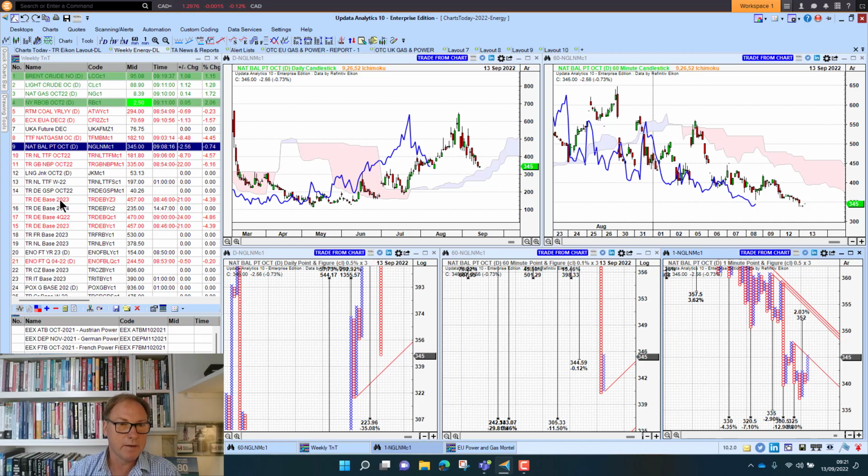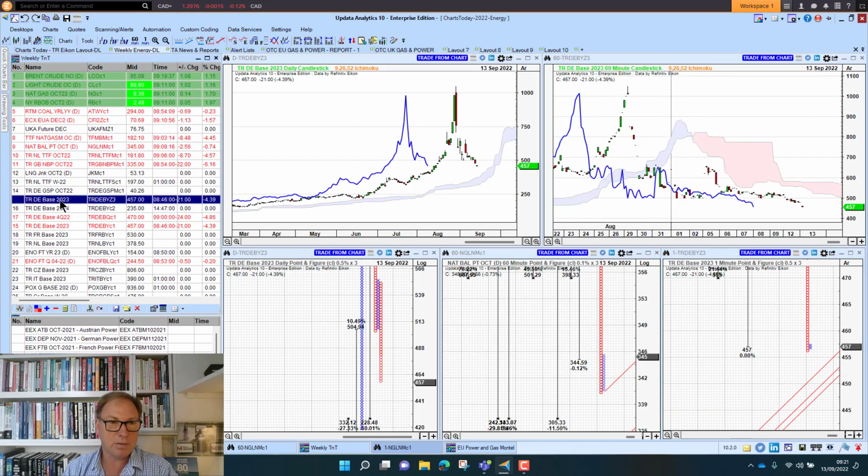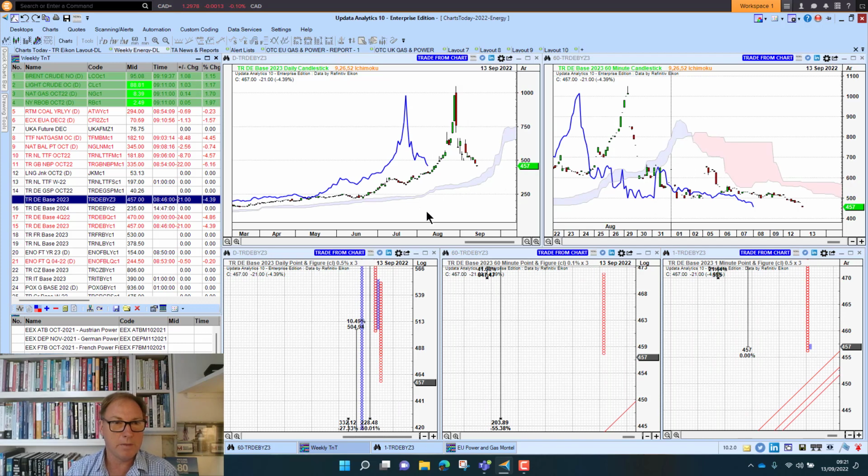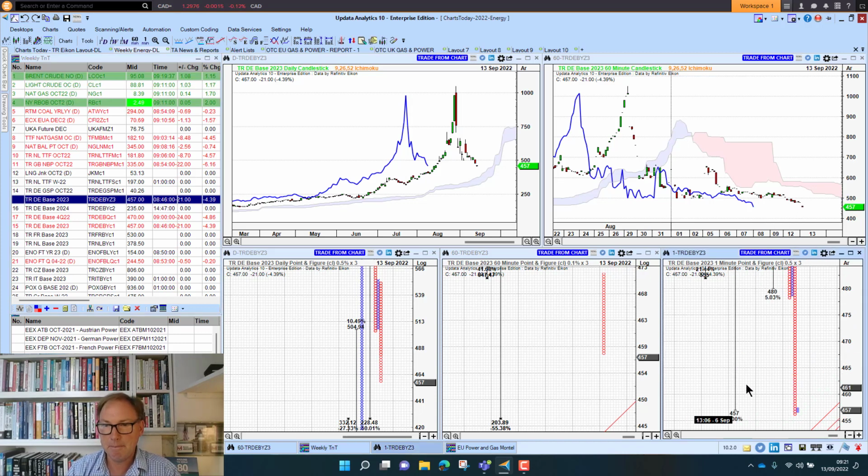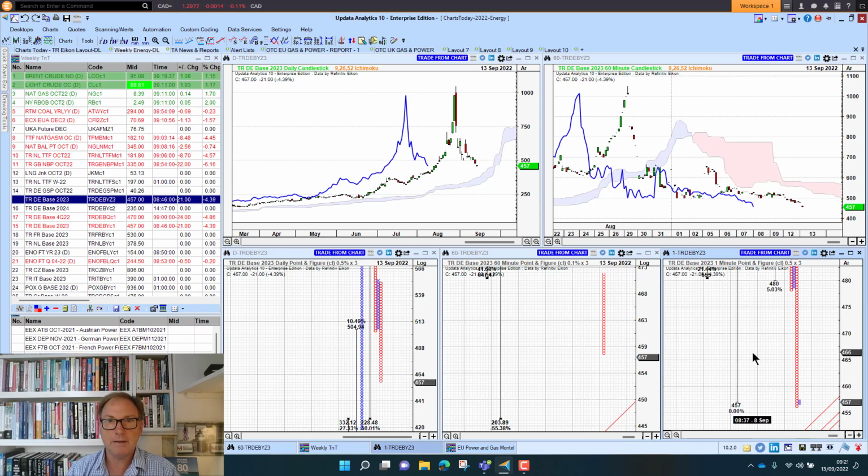So really interesting. German power has turned bearish. We're back on the Cal below that 500 level. That was a really clear support level. Back below that. Notice how that target of 457 was given and met. So that's where we've got to. You just cannot ignore the target that was there, and we've got another downside target to watch there on the